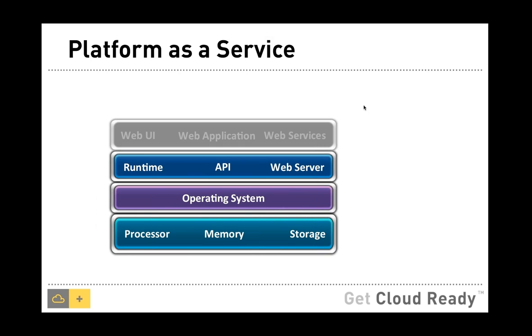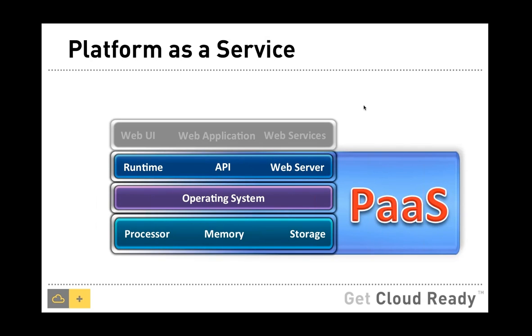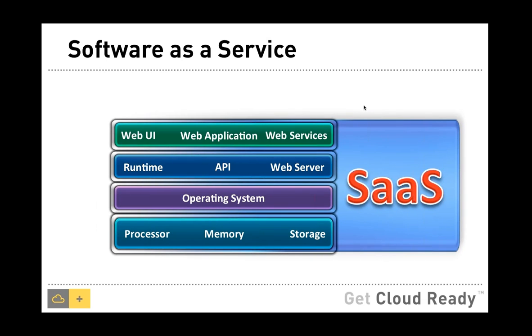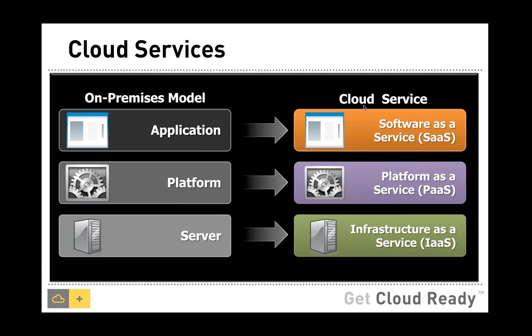Then there are additional players who actually offer pre-configured environments with your popular runtimes, APIs, and web servers so that you don't deal with the virtual machines. That is called PaaS, platform as a service. Similarly, when you're dealing with a cloud application, that is called SaaS, software as a service, where you're dealing with finished products where you never get to deal with the runtimes, the operating systems, and the hardware, but you consume an application like an end user. This is called SaaS. So this is how it basically aligns.